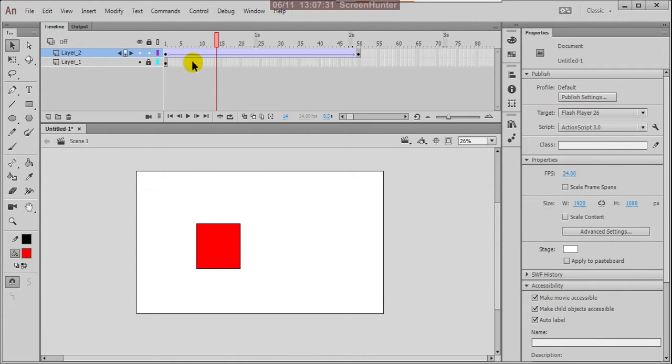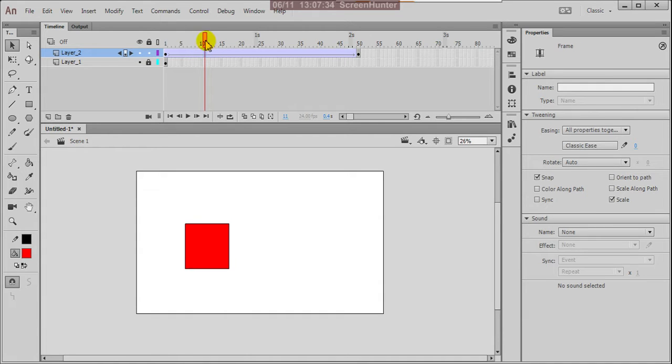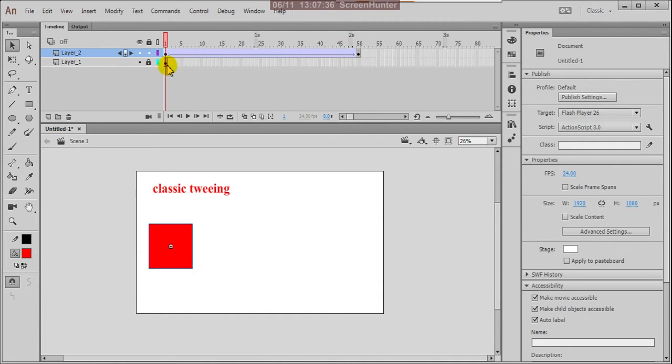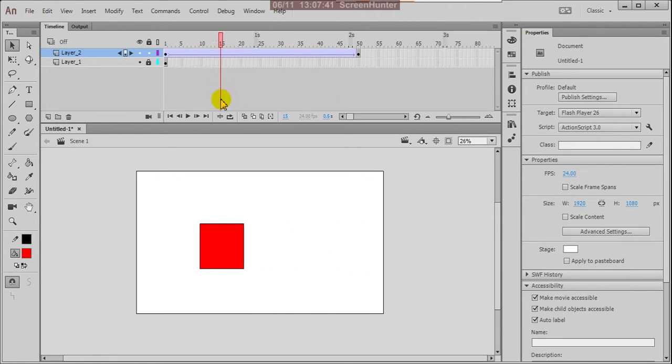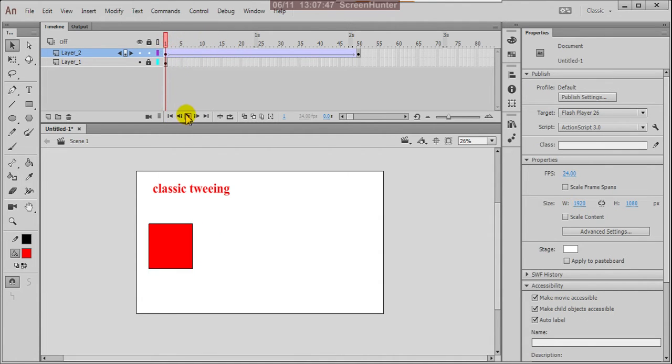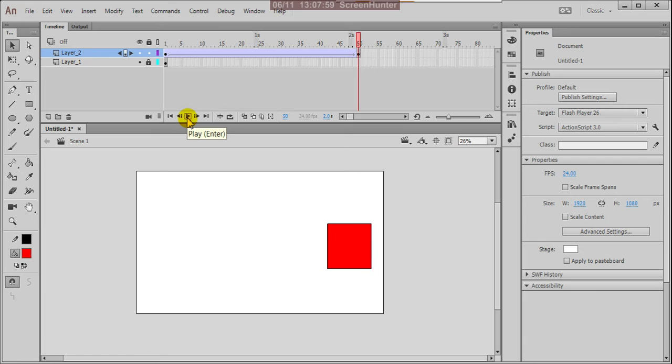See, for a classic tween, the timeline shows a light purple color. If you want to see the preview of this, there is a Flash player here. Click play and now you see this animation. Again play this animation, and here step forward, here step backward.